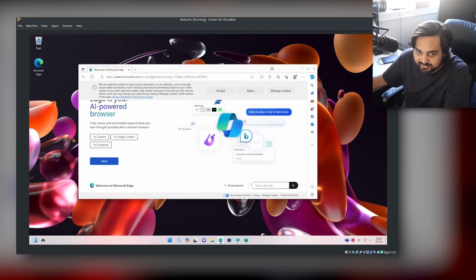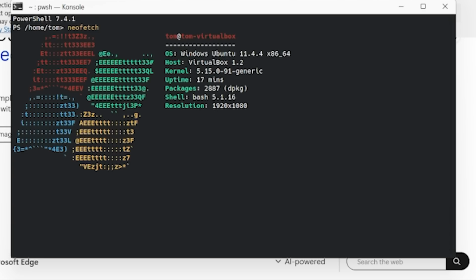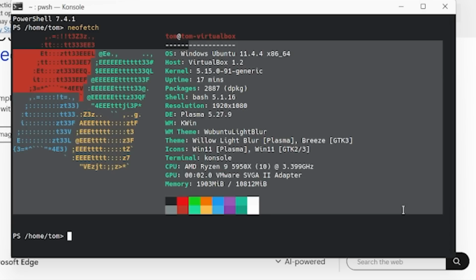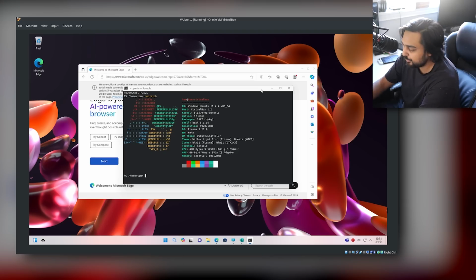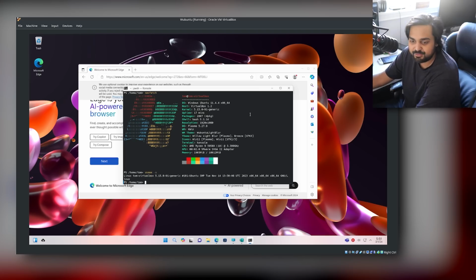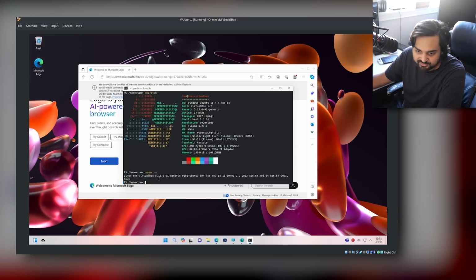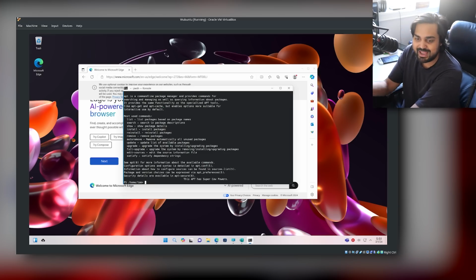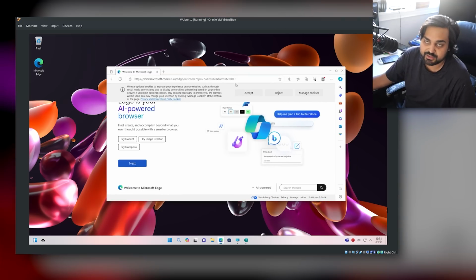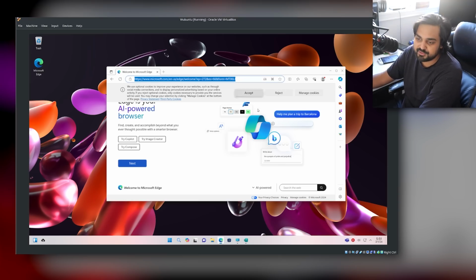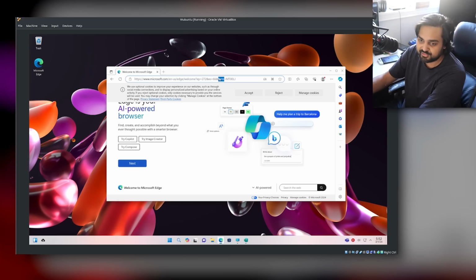It's just Linux. When you run neofetch, which they built in, it says Windows Ubuntu. It literally has Windows and everything attached to it. It's so weirdly faithful, it's not even funny. Now, of course, you can see that it's running on the 5.15 Linux kernel, and obviously it uses the apt system, so it is pretty much just Ubuntu in and of itself, obviously with the flavor of Wubuntu applied on top of it. Now, the problem with an operating system like this is ultimately it leads to bad understanding of Linux.